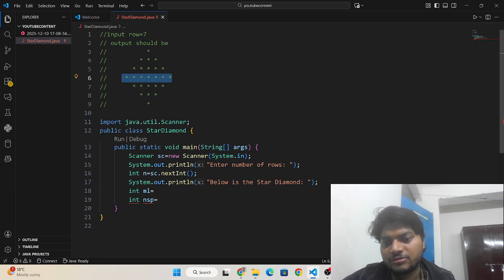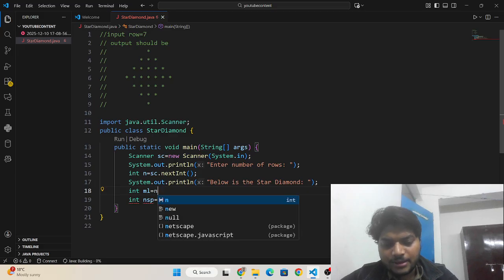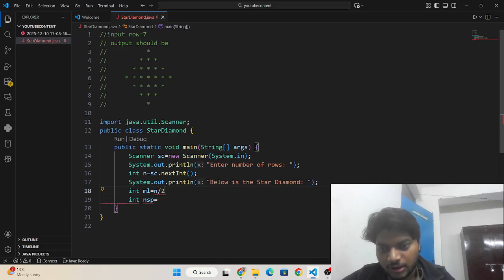So I need to write n by 2. How can I get the middle line? n by 2. If the number of rows is 7, then the middle line will be 4. The fourth row is going to be the middle line.